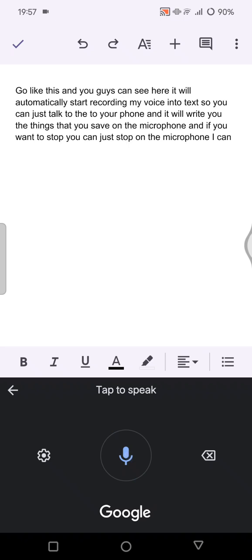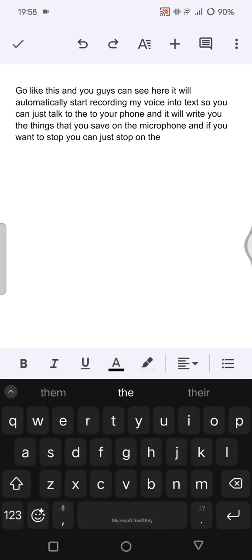You can see, but you need to make sure that you recheck the text, because some of the text is not really recorded accurately. So you can just fix the text. For example, in here, I'm going to change it into, sorry, you can just go back first and then write